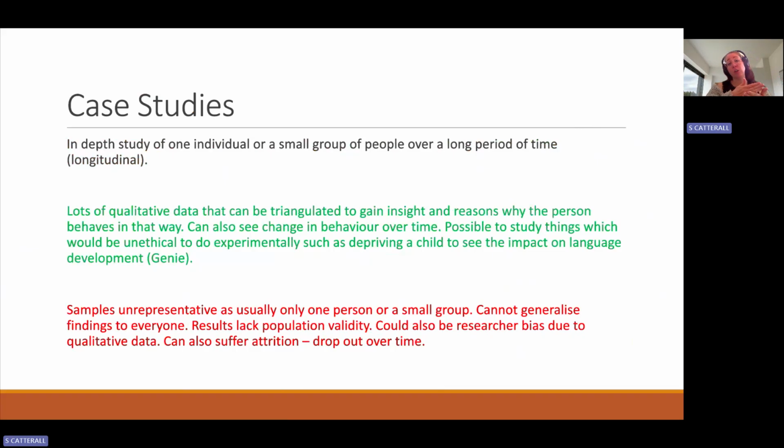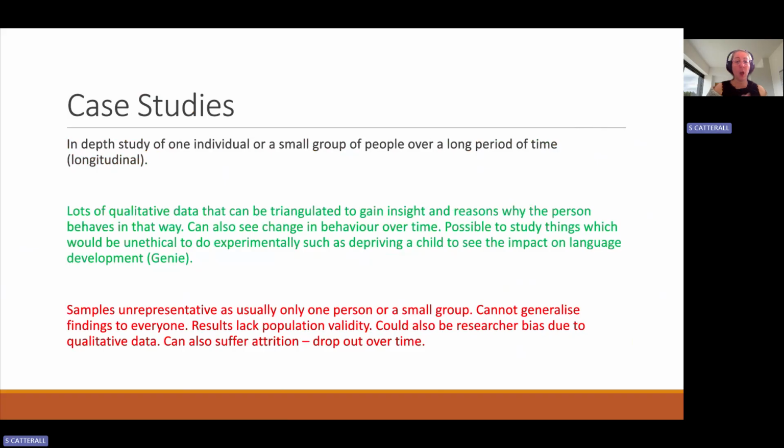You can also, because it's longitudinal, see change in behaviour over time. And it's also possible to study things that might be a little bit unethical, because obviously we couldn't give somebody amnesia like Clive Wearing. And also, there was a girl called Genie who was trapped in a room while she was younger, strapped to a chair. She wasn't allowed to move. No one talked to her. And you could have a look at the impact on language development because it was very delayed. Couldn't do that as an experiment, so we'd have to use a case study, so something that is naturally occurring